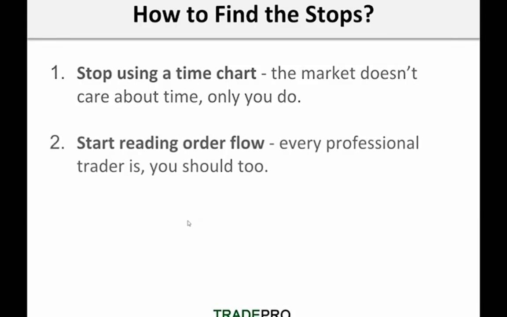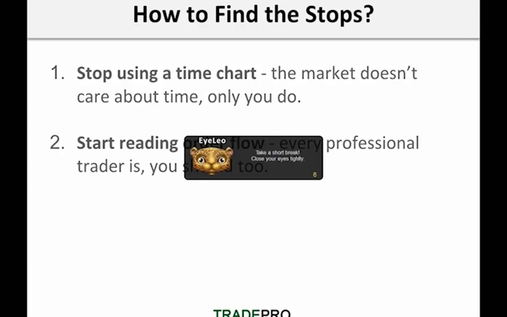All right. Start reading order flow. Every professional trader is doing it, and you should too. I don't even need to expand that point, but I will. Order flow is how the buyers and sellers are transacting. For example, right now, if we're trading 57 on the SP 500, and one buyer wants to buy at 51, and the other buyer wants to buy at 56, you have to know that the 56 order is a lot more aggressive, right? This is a buyer who's closer to the market price. You have to know what that means and start to analyze it for your trading activity.